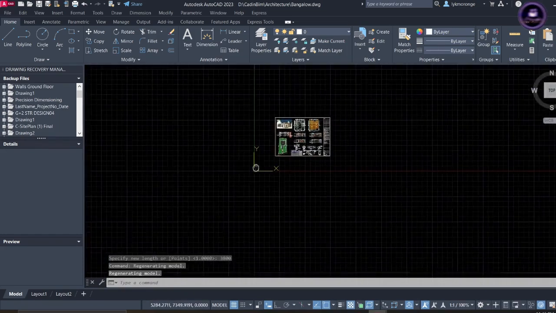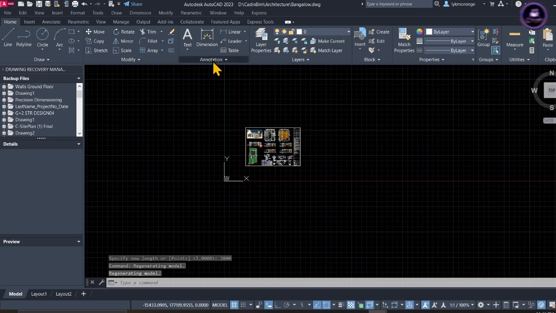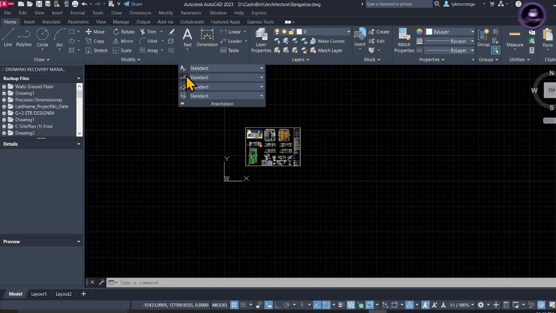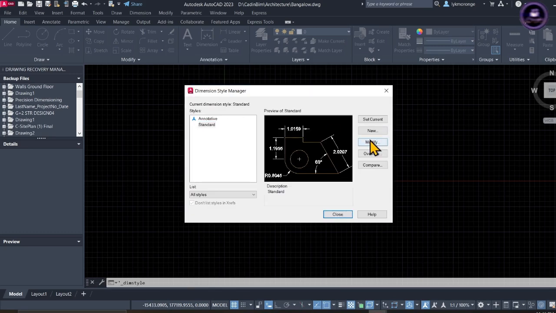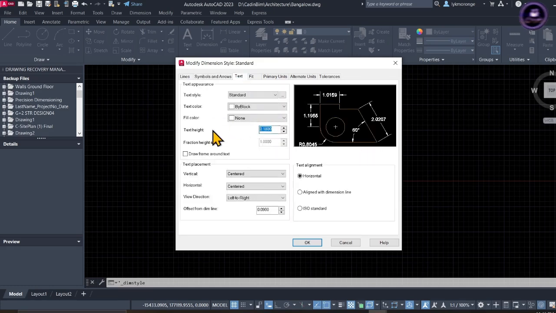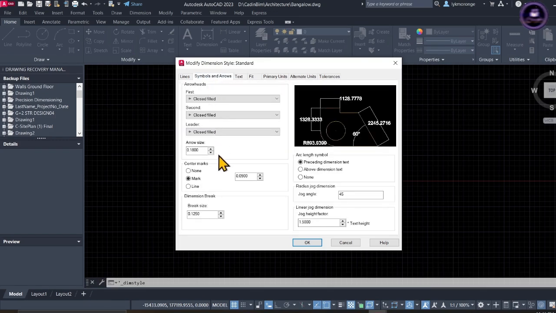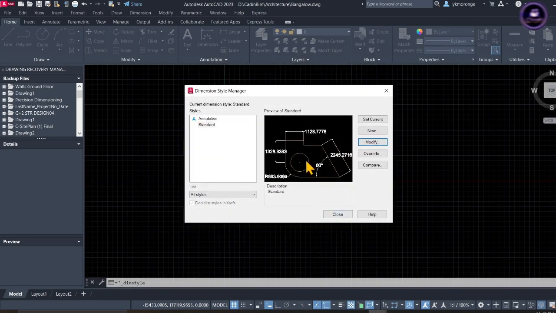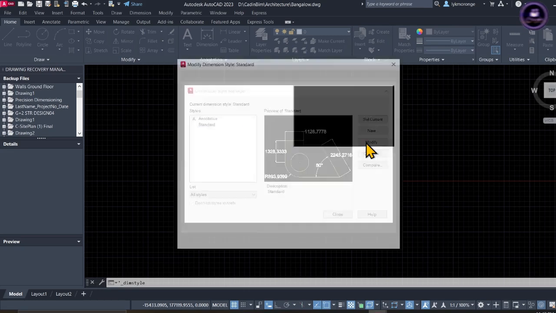Just zoom in, and now if you come here to annotate, just change your dimension styles so that whenever you are dimensioning, it will be visible. So you simply come under modification here. Under modification, just come to text height, change it to 200. And you can come here to arrows and symbols, so change this one to maybe 100, that will do well. Just click OK, and before you set to current, just come to modify and remove the decimal places,